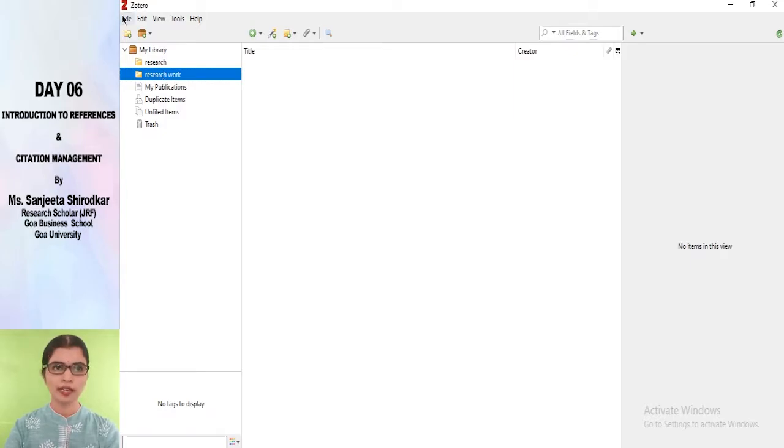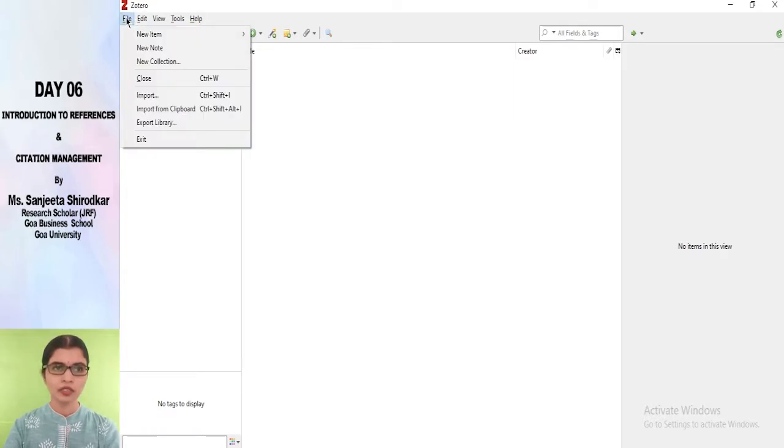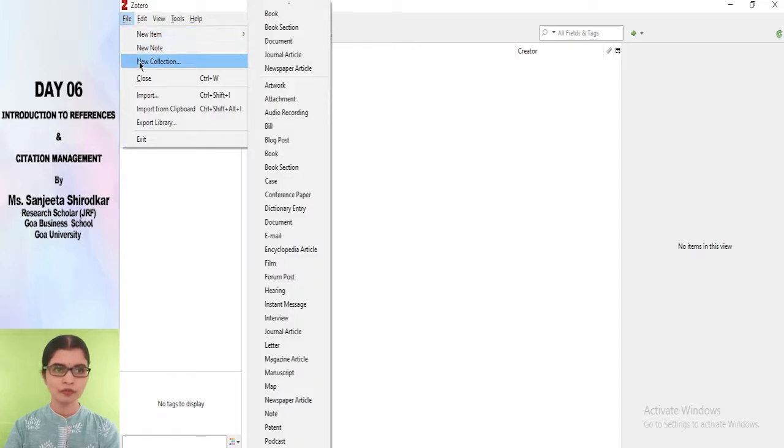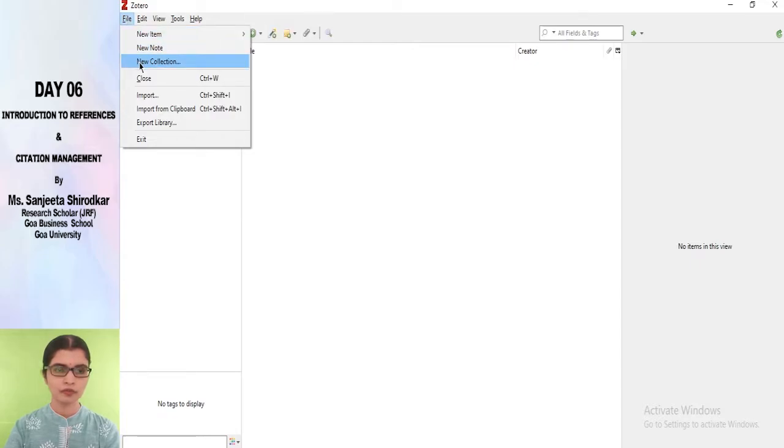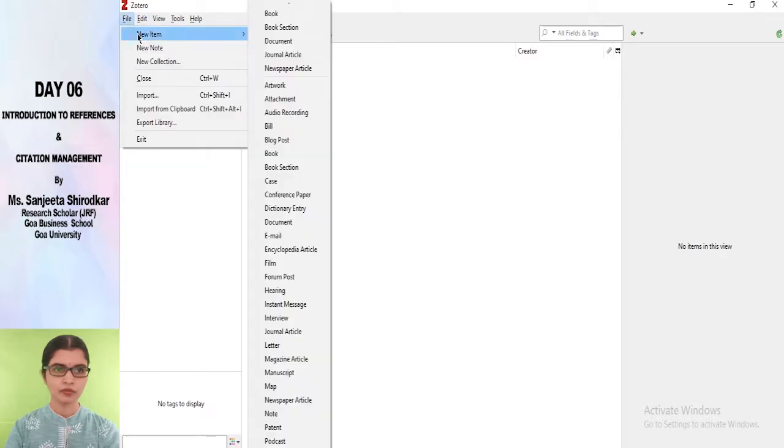You have to go to File, click on New Item, and choose the type of source for which you are trying to create a reference. Here you would see that Zotero is offering a wide choice of source types, as you could see